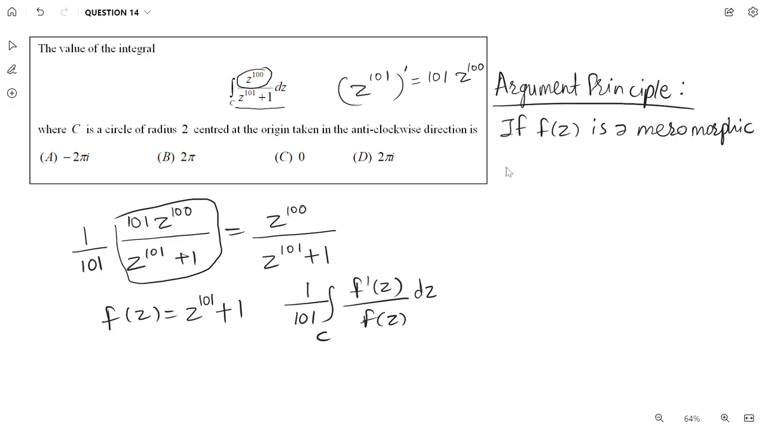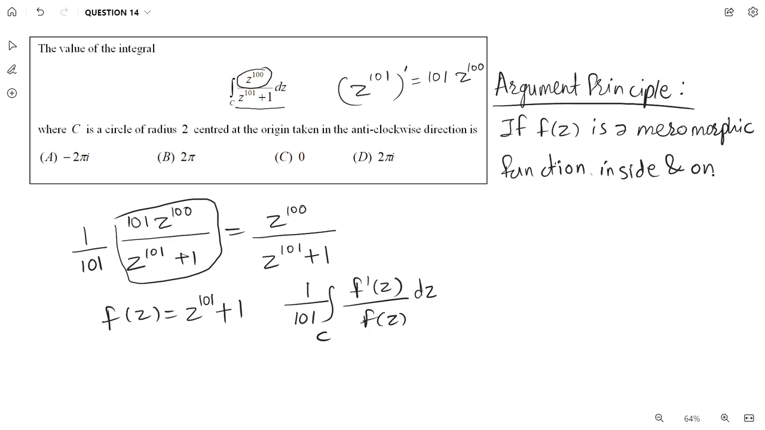Now what is a meromorphic function? It is a function which is analytic except only at some poles. So if it has singularities, they can be only poles. It cannot be a removable singularity or an essential singularity. Right. So it only has poles. Any analytic function is meromorphic as well. So if f of z is a meromorphic function,